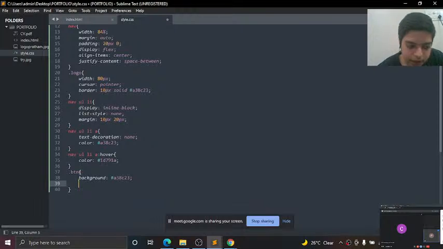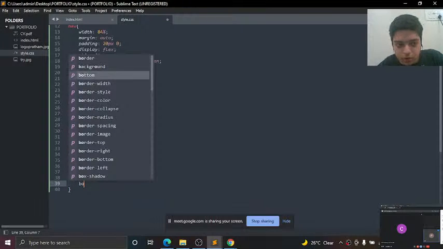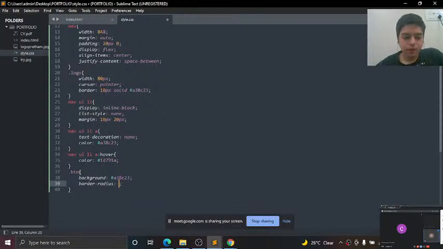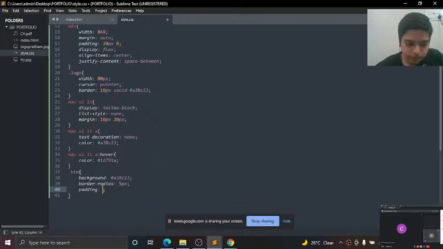After that we have border radius, that is 5 pixels, and after it we have padding, that is 10 pixels and 18 pixels,